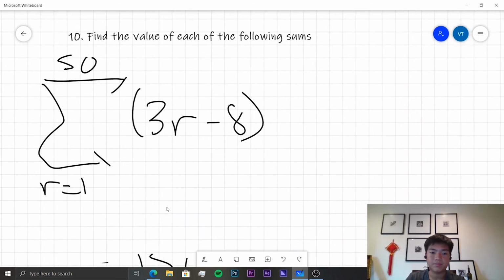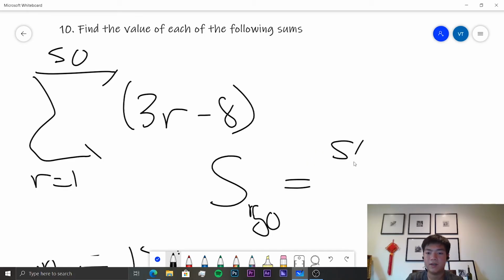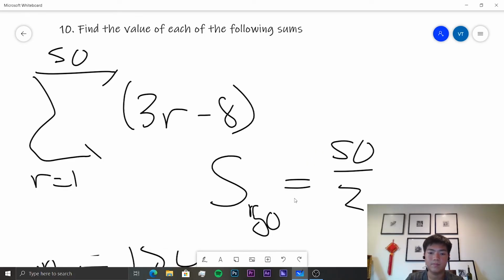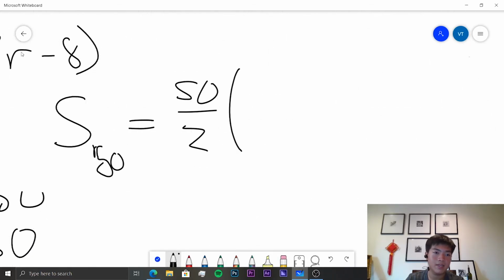Okay, so we know that the sum of this is, well, we'll go from 1 to 50, and this will be equal to 50 divided by 2. And then let's get the first term, 3 times 1 minus 8, negative 5, plus 3 times 50 minus 8, 142,